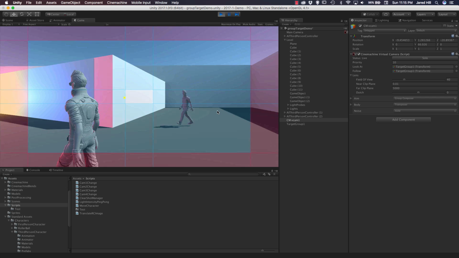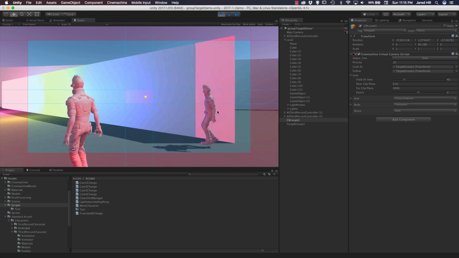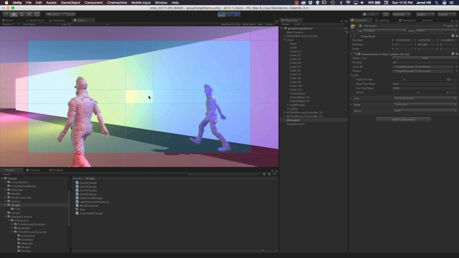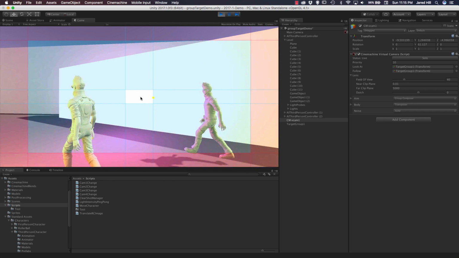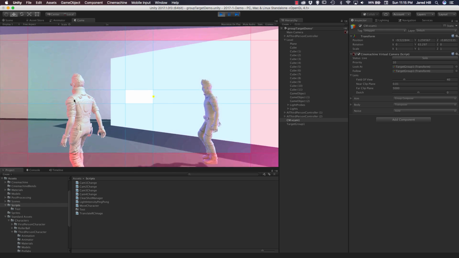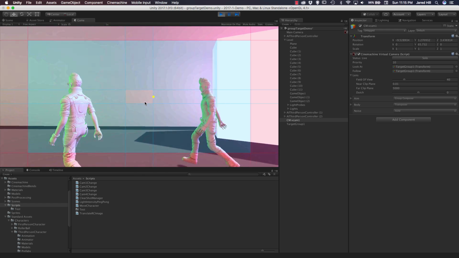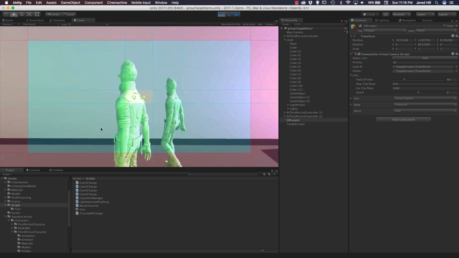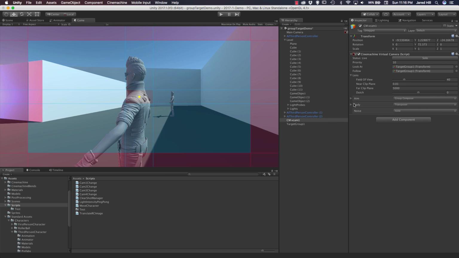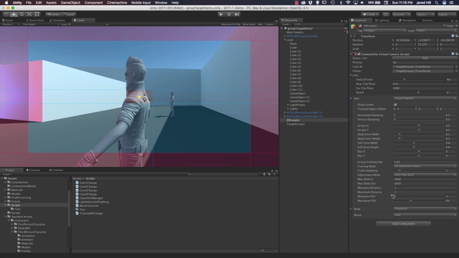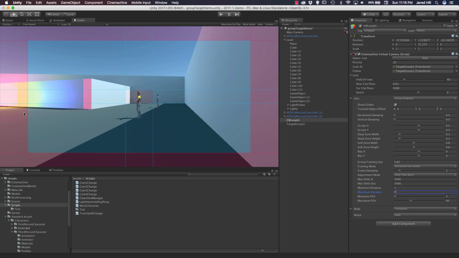So now you can see that it's basically trying to track this character specifically, and it's trying to get that average, but I don't think it'll ever reach it. It may reach it at the end when the last guy actually pops in. Basically, the last guy's like right off the camera's field of view here. There he is. Okay, so it's really never going to get all three in our shot, so we definitely don't want that either. So let's go back into our module here, and I'm actually going to set a maximum distance of like 7. Okay, and of course that's going to cut this guy off, but we are going to adjust the positioning of our camera